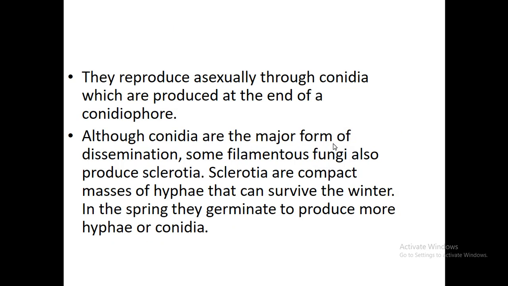Most of the ascomycetes reproduce asexually through conidia, which I have shown you in earlier lectures, how conidia are produced in conidiophores, and these are the major form of dissemination, that is, distribution. But some filamentous fungi also produce sclerotia. Sclerotia are compact masses of hyphae, a dense mass that can survive the winter, and it is very advantageous